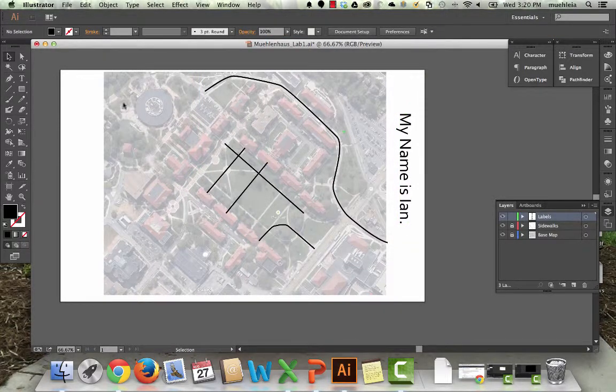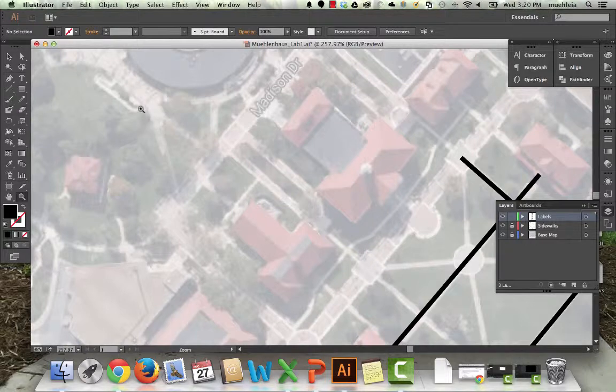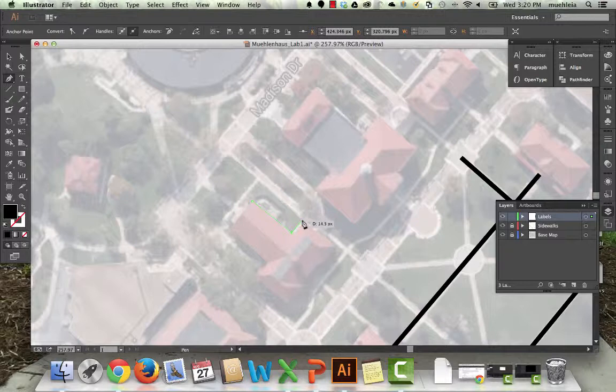One more quick thing with the pen tool and then I'll let you go. The pen tool can also be used to digitize polygons, not just lines, of course. So let's draw a building here. I'm going to hit P to get the pen tool to pop up. And what we can do is click. When you're doing geometric straight edge objects, it's often better not to do Bezier curves because Bezier curves are mostly good for natural features or